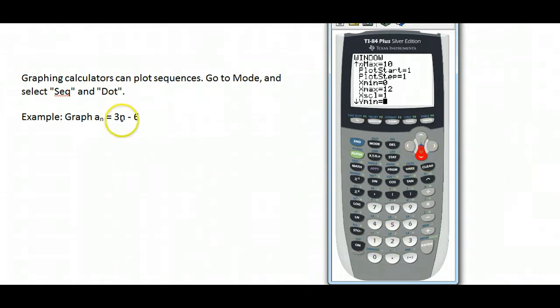And if I put in 10 for n here, I'm going to get 30 minus 6, which is 24. So my y-min can be 0. And we can let my y-max be 25, and we'll let our y-scale be 5. So when I graph that, there you can see the plot of the points going up. Each point, when I hit trace,